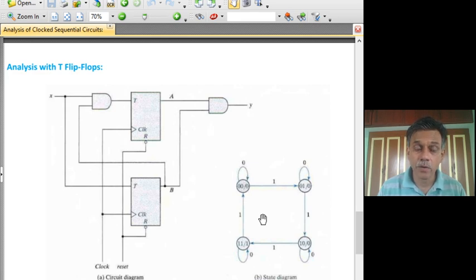Here you have to be very careful. It is probably important at this stage that I mention that the clock width that you give for these clocks should be sharp enough that the change that happens at A and B should not go back and affect this T within that same clock period itself. So that is very important. That is, the clock pulse width is very important. It should not have the effect of the T input changing and affecting the A and so on.